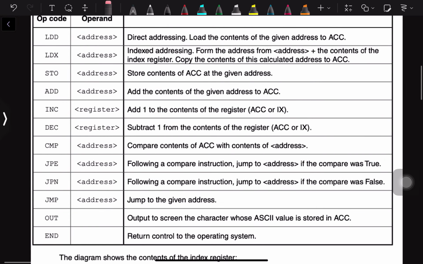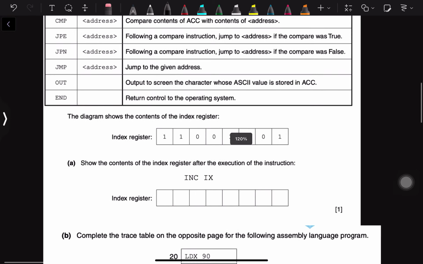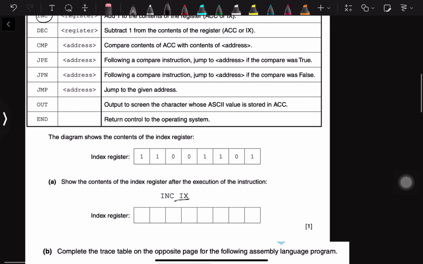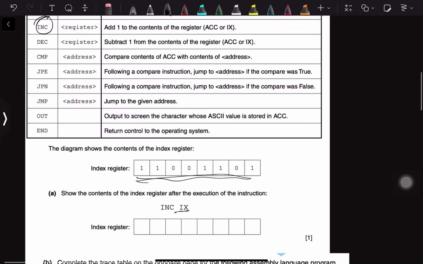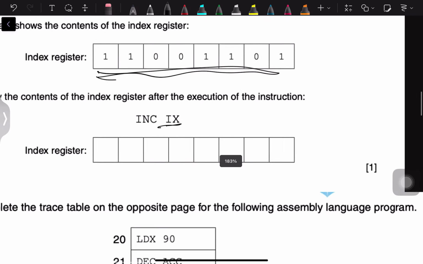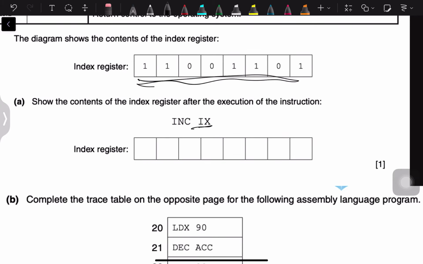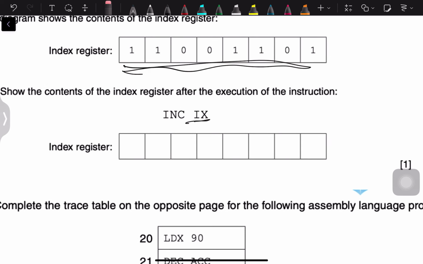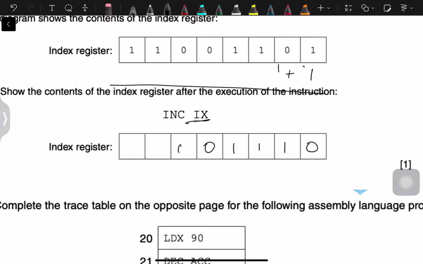So if we look here, we have INC, and it says to add 1 to the contents of the register ACC or IX. In this case, we are given IX. So this here is the IX, and we must add 1. This is basically relating to knowledge of binary addition, but by using the table given above. So if we were to just add 1, it would just be 0, carry the 1 here, and then 1, and then just the same afterwards